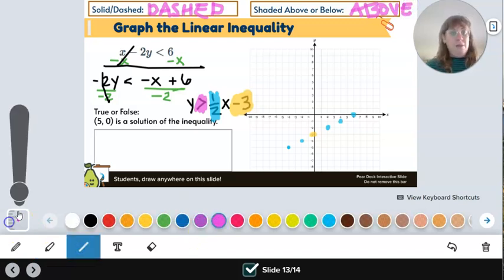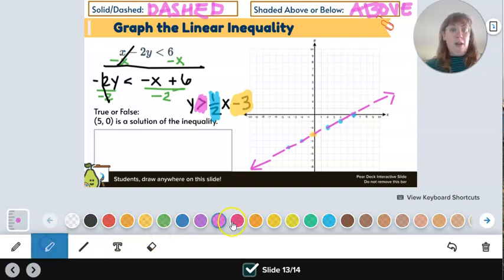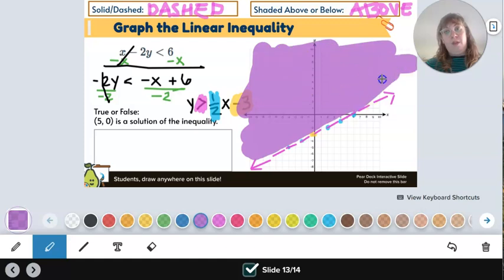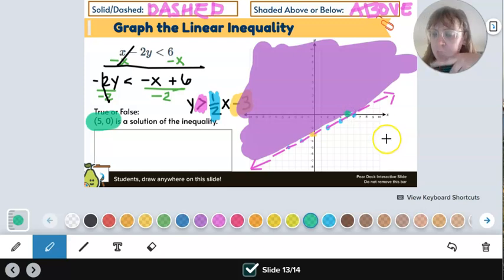So when we make this line, we make it dashed like so. And then we're shading above. So it will look like this. Beautiful. And it asks about the point (5, 0), which is here. I believe that's above the line, so that looks good, but it's really